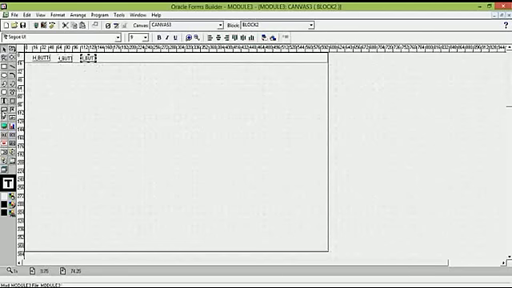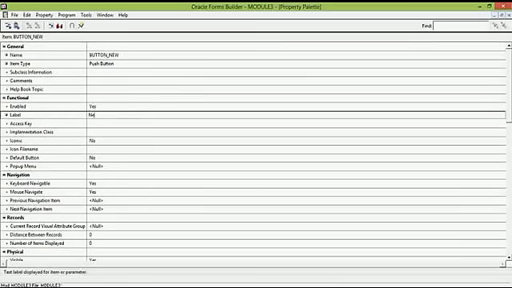For the time being, we will only put the caption on the toolbar button. Later on I will show you how to put images on this button. Not in this video. First we will change the name of the button. Suppose we name it button new. Just name it new.